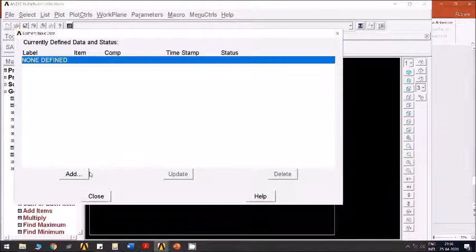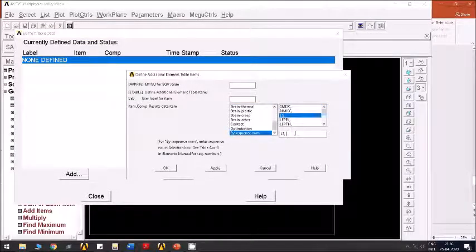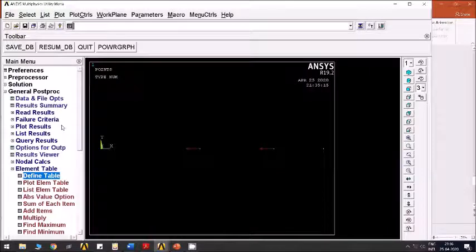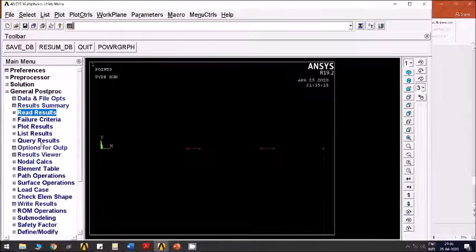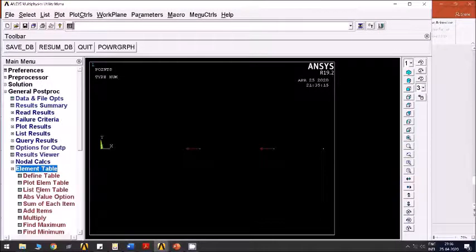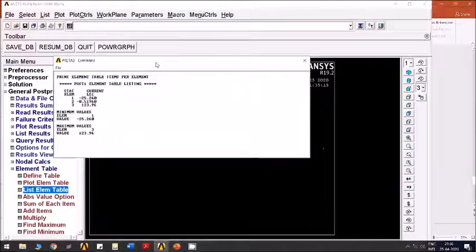For example, if I want stress, I come here and define LS comma 1 for stress. Before that you better read the results. Last step. Now you can just go to LS1 and see the stresses.